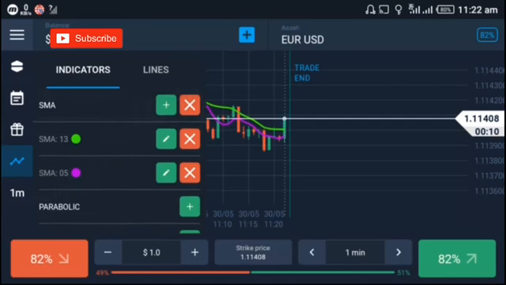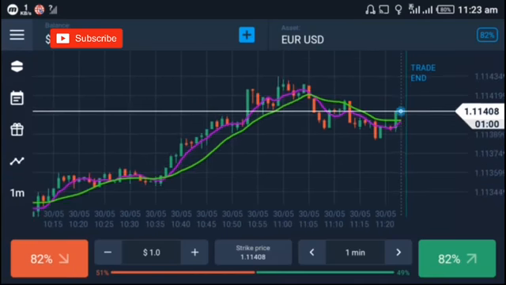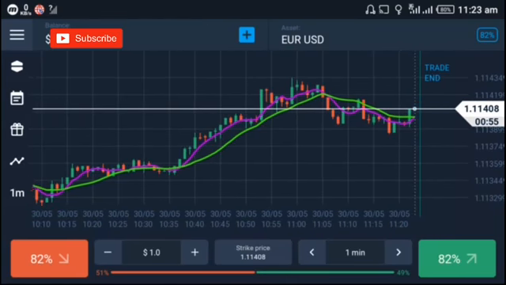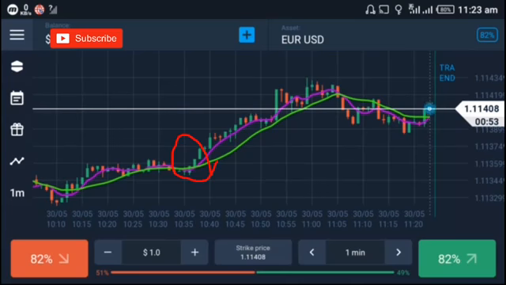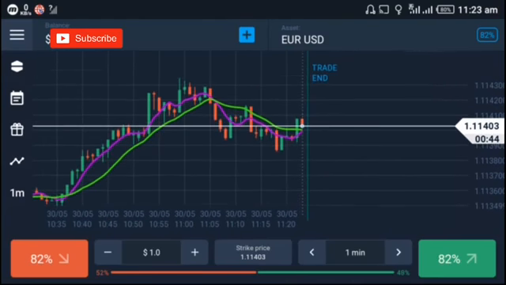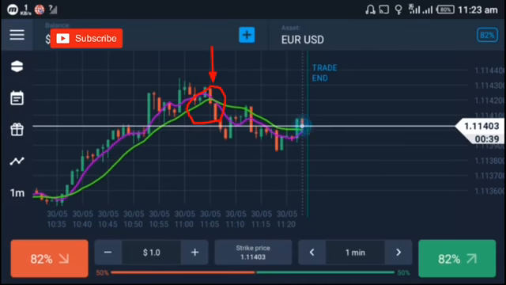So in this strategy, we only make use of the SMA5 and SMA13. So how does this strategy work? Whenever the purple SMA, which is SMA5, crosses the green SMA upward, you open an up trade, and the same way when the purple SMA crosses the green SMA downwards, you open a down trade,